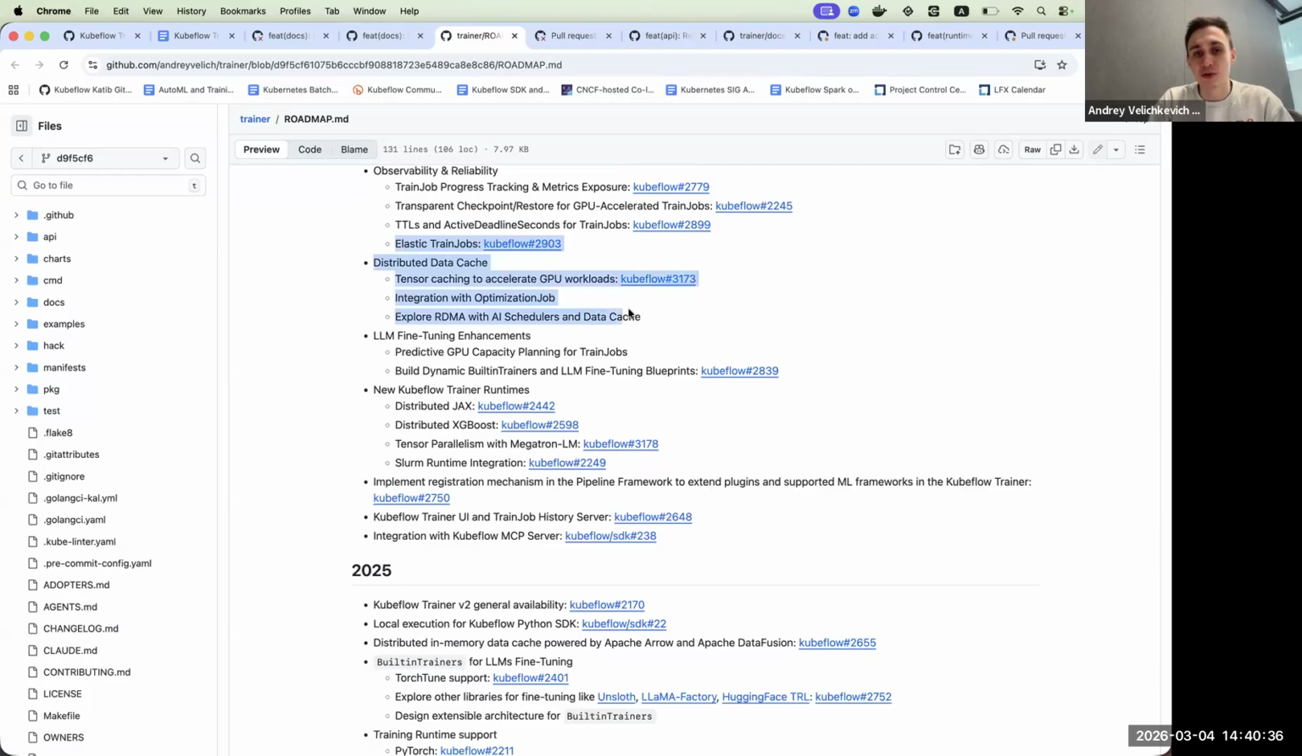Yeah, I think data cache is also an interesting use case because it's planning to work on tensor caching if we make it in this release or the next release. So I think there are several innovations we can do on the data cache side to optimize GPU utilization even more, which is pretty interesting to explore, especially with integration with optimization job, when you have multiple train jobs that need to access the same data. So data cache becomes even more valuable for such use cases, especially with RDMA and other things we can do